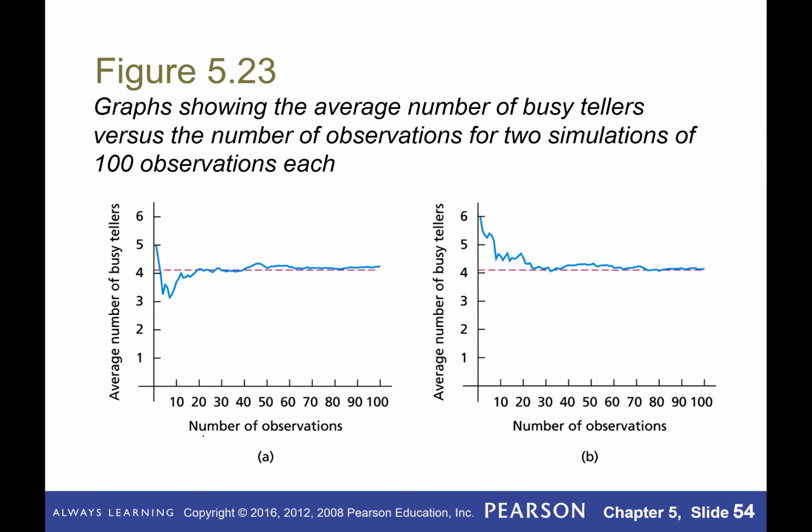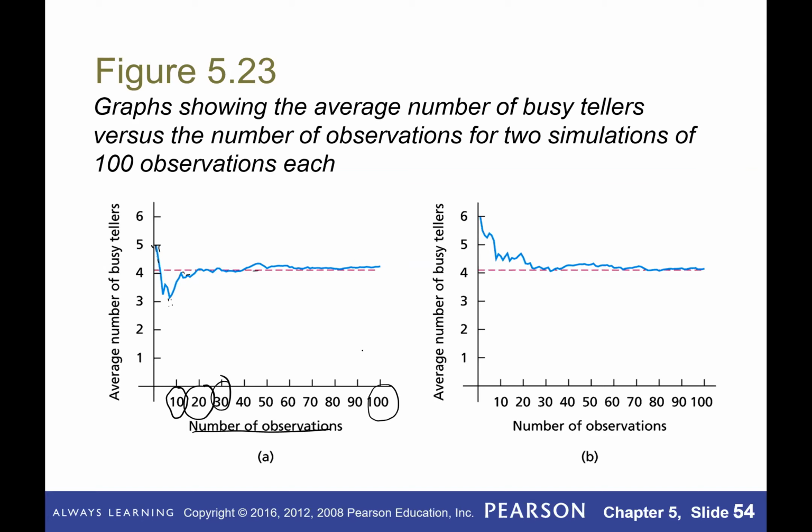Okay, so here you can see when you do the experiment 10 times, this is the corresponding expected value, and when you do 20 times, this is the expected value, and when you do 30 times,